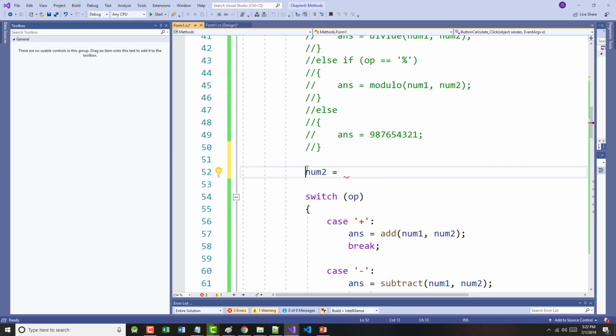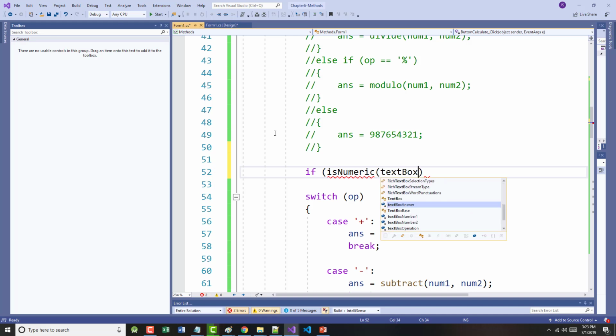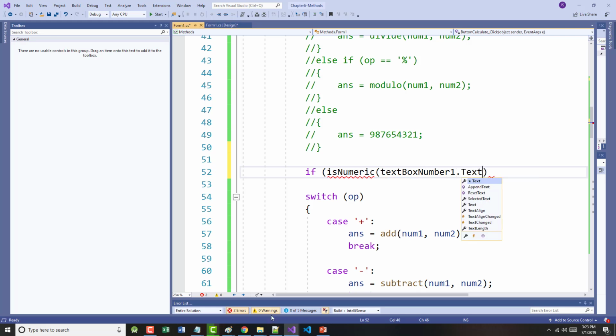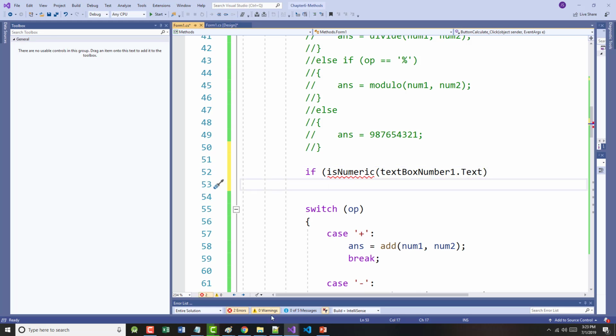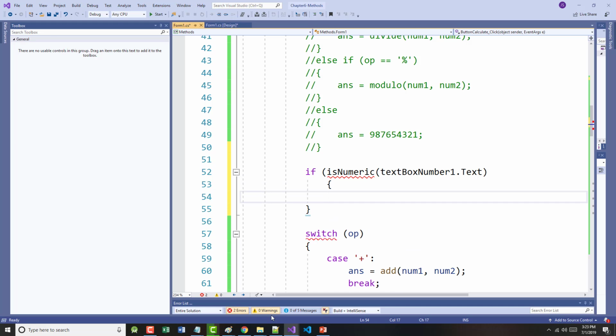If isNumeric, textBoxNumber2.text, if it's numeric, then